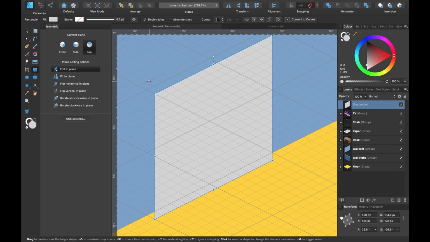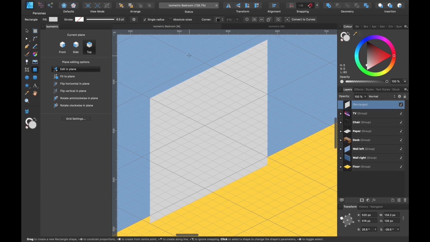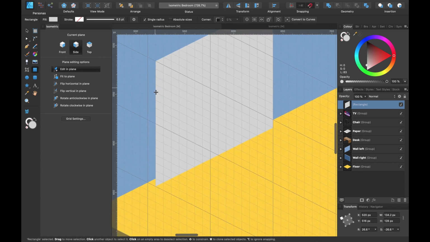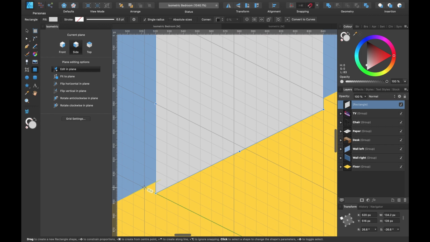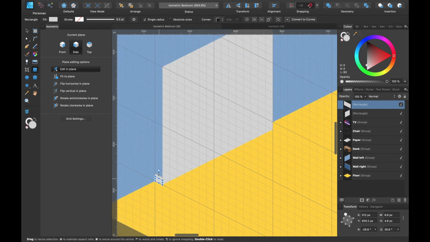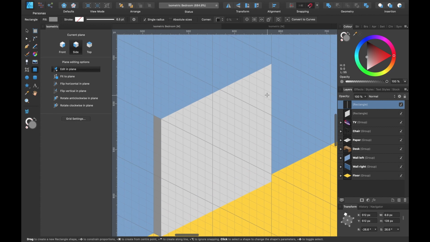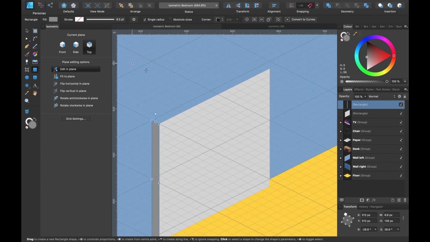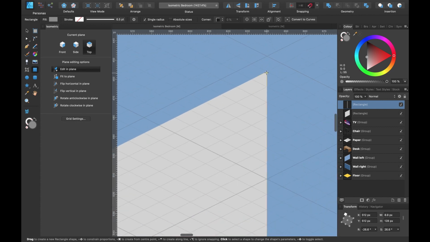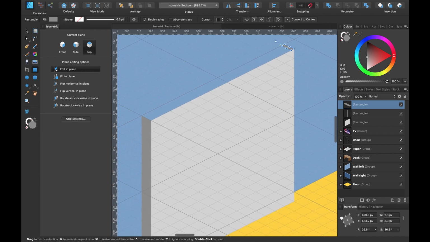Click on your rectangle tool again and click on side, and we'll just create that thickness. Drag that up, select a color. I'll make it slightly darker because it's furthest away from our light source, and click top again. And I'll click on the top corner here and drag that handle down till it snaps in place and make it light.